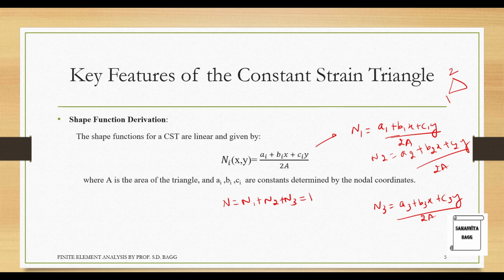If you see the derivation, instead of N, I have used the symbol phi. Instead of a, I have used alpha. For b, I have used beta. And for c, I have used gamma. So I have used these symbols, but you can also use N, a, b, c, anything. It doesn't really matter.